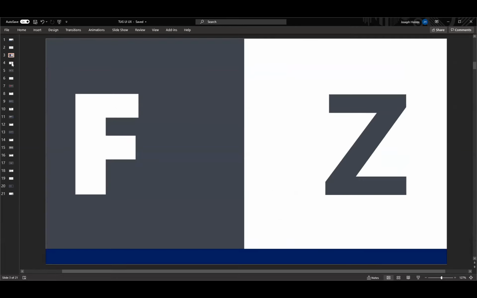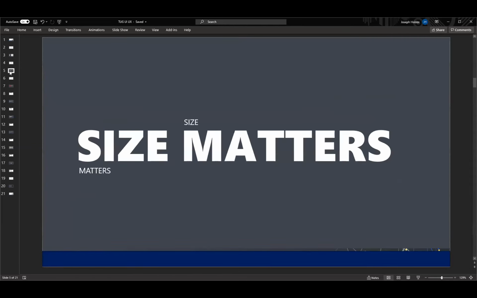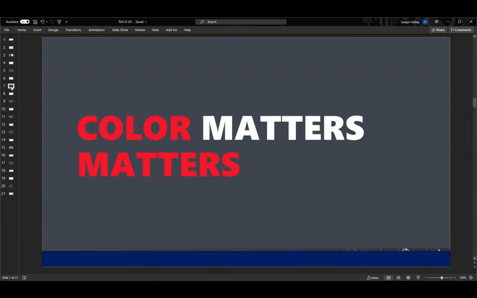Does it have a layout that the eyes can follow easily? Am I making good use of the size of the things on the screen to be meaningful, to pass along information? Am I using color in a way where every color contains a meaning of some kind? And if it doesn't, I'm consistent in saying this is a meaningless color. It's just there for visual appeal.